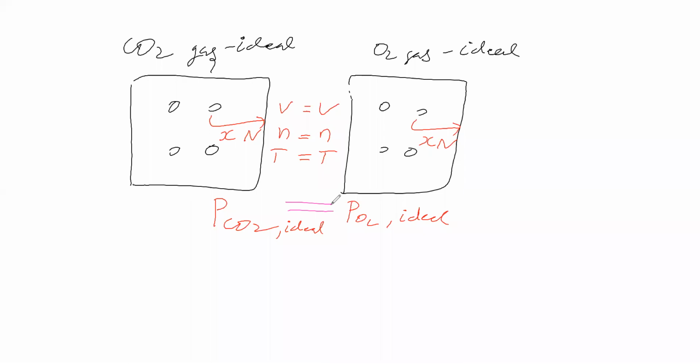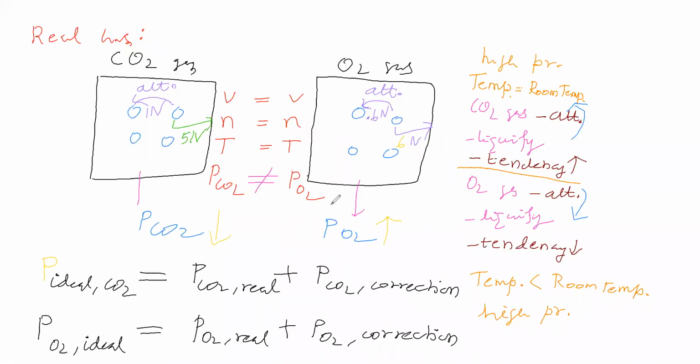So what you said is that the ideal pressure of carbon dioxide and the ideal pressure of oxygen gas remain the same. Okay. These two have the same magnitude. The ideal pressure of carbon dioxide and the ideal pressure of oxygen gas have the same value. Same. Now, practically we will see.